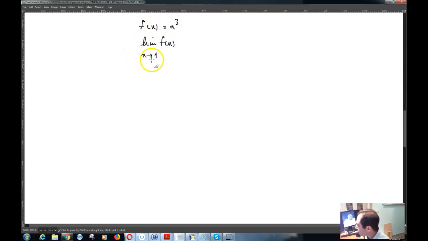That's what you want to calculate. So logically what I need to do is get close to 1 from the right or left, meaning that